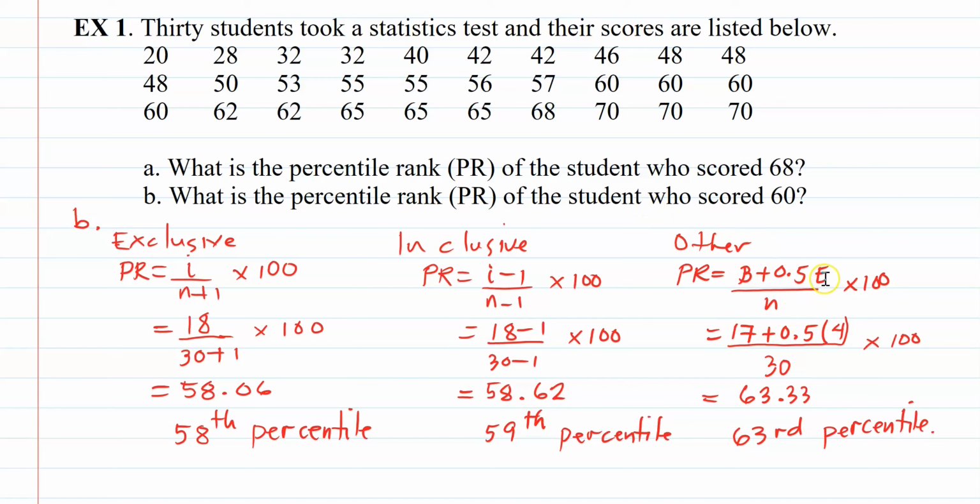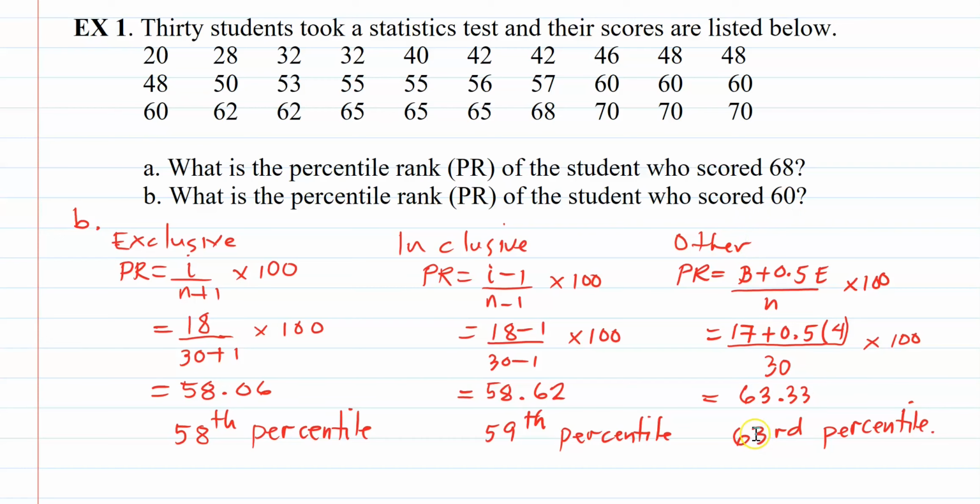And then E will be the number of scores equal to 60. If you count the scores of 60, there are 4 of them. So E is 4. Our formula will be 17 plus 0.5 times 4 over 30, and then multiply it by 100. This will give us 63.33. Rounding this to the nearest integer, the percentile rank of the student who scored 60 using the other method is